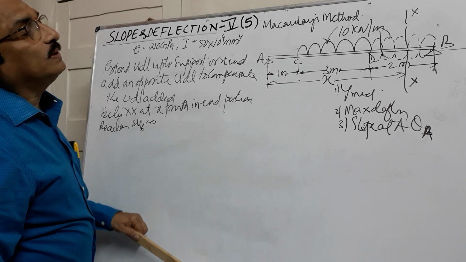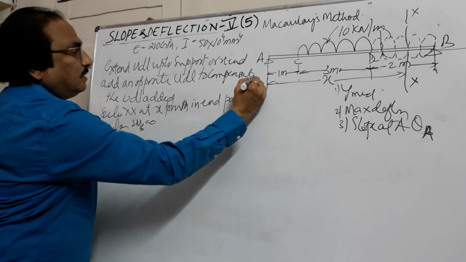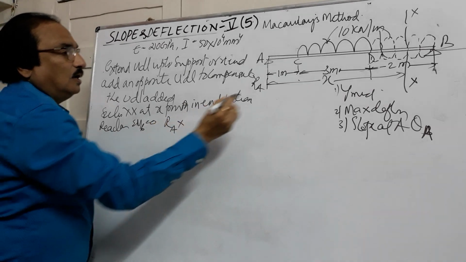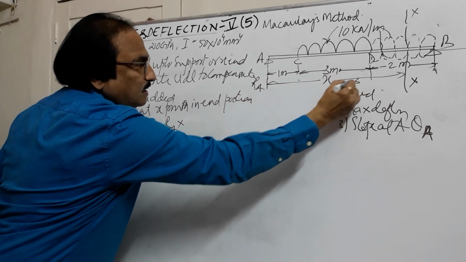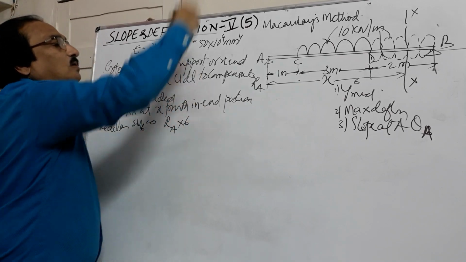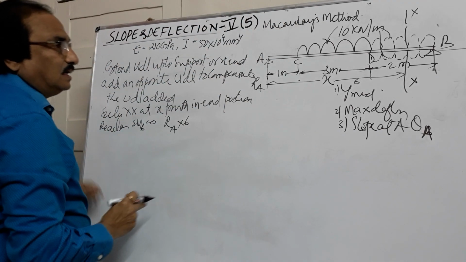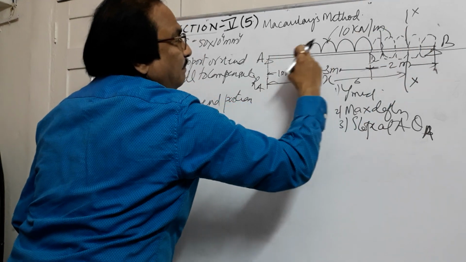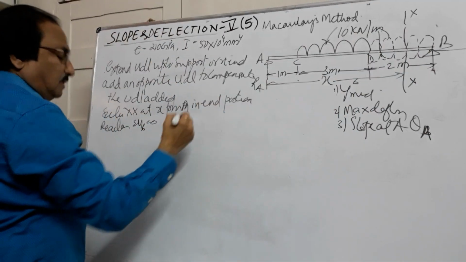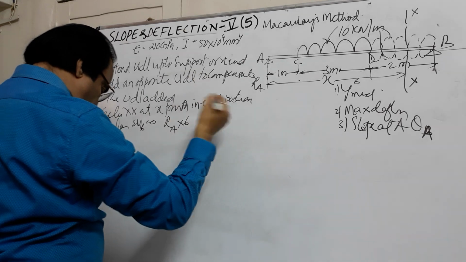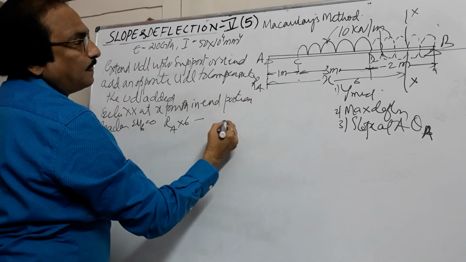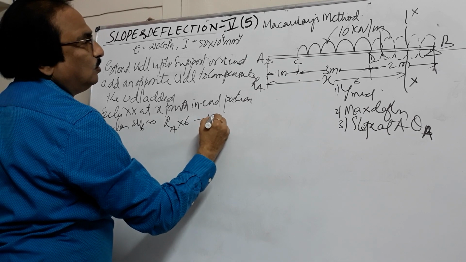Moment about B will be RA into the perpendicular distance of 6 meters, which rotates in the clockwise direction. Then coming to the UDL, it is from here to here. We'll take the complete UDL, or even if you neglect it, that is okay. Minus 10 into 3